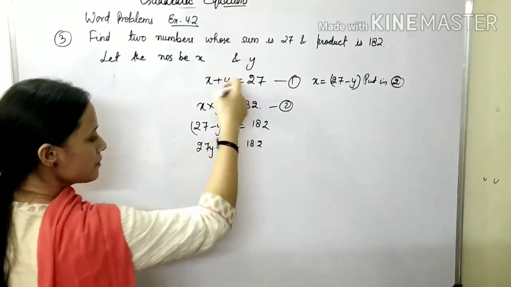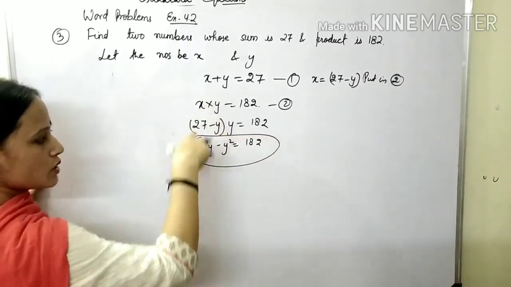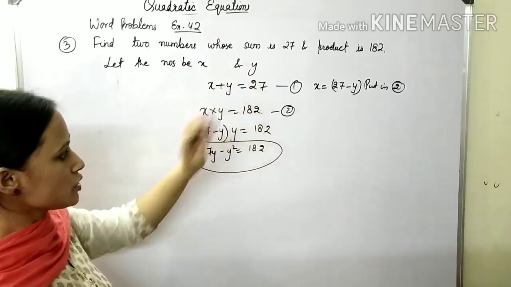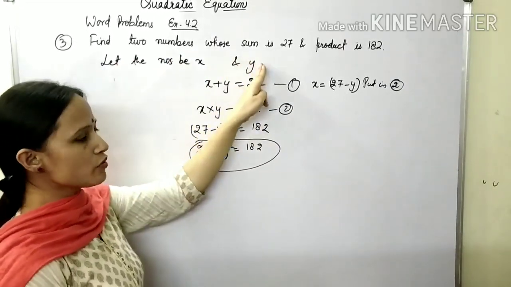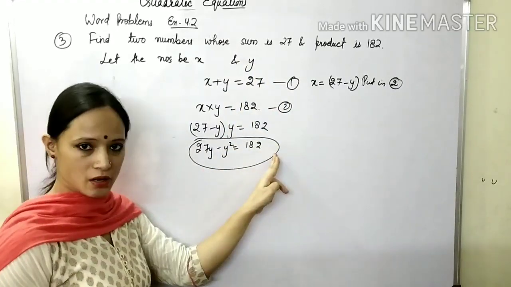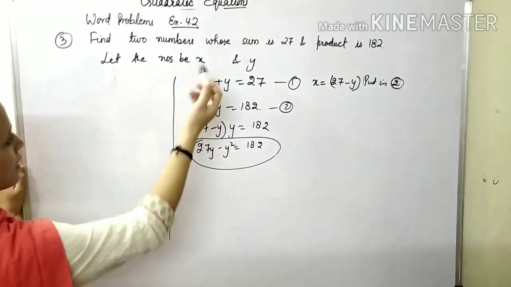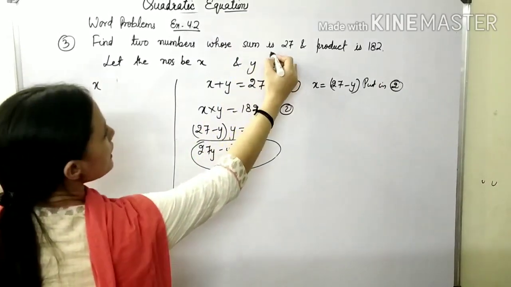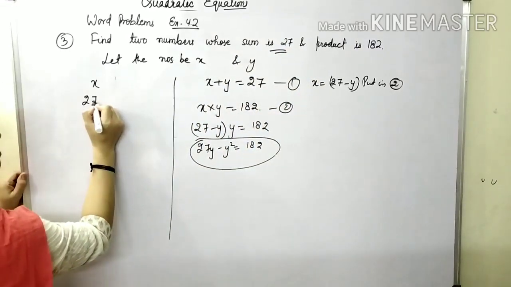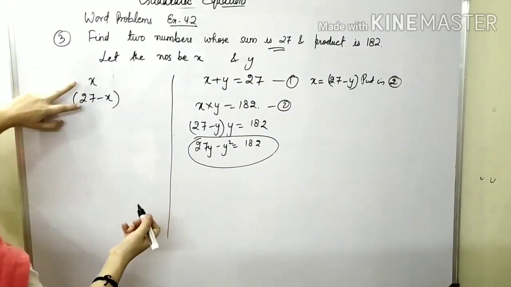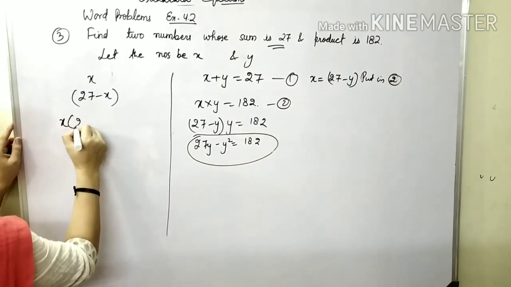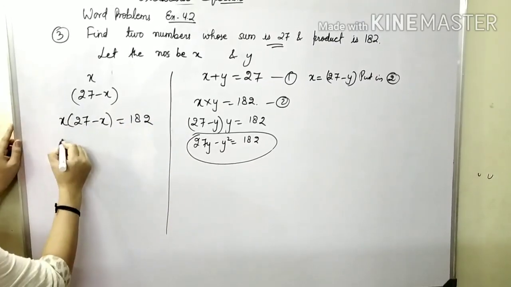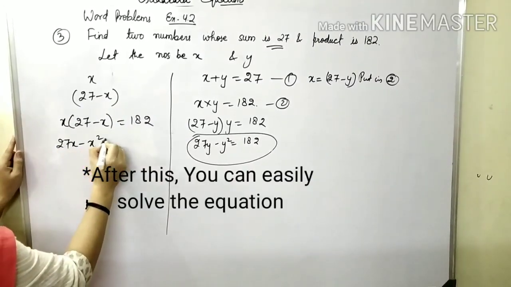So finally I am coming back to the quadratic equation, whether I follow the method of linear equations in two variables. So this is what I wanted to tell you. If you try taking two variables, then also you are going to come here only. And if you want to take it directly, then let the first number be x and the other number will be 27 minus x. Fine. So these are the two numbers, and their product, x into 27 minus x, is going to give you 182. So we can just solve this equation: 27x minus x square is equal to 182.